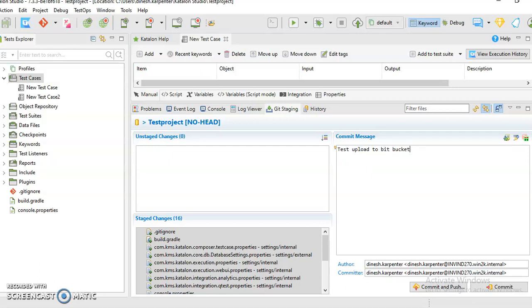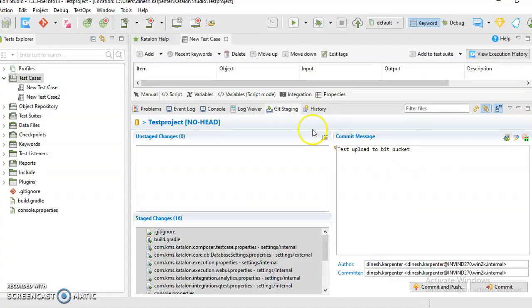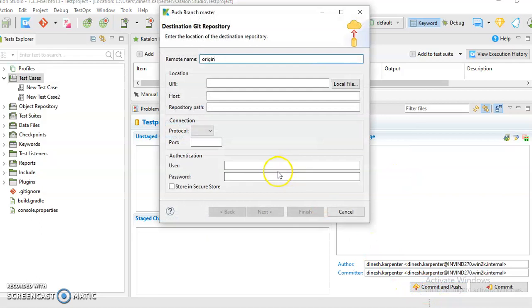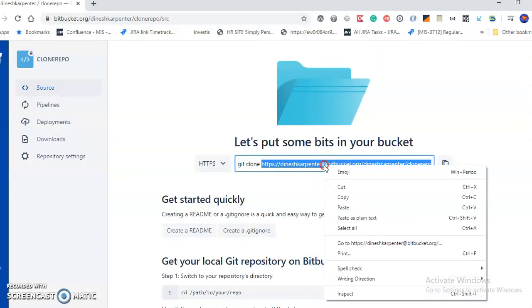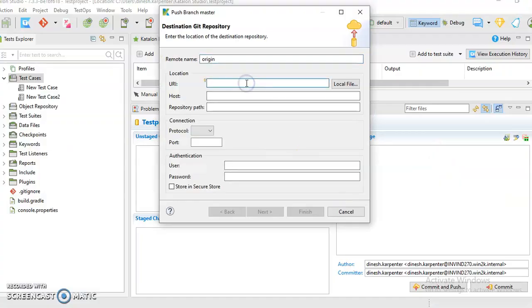Right now you have seen that there is no project here, right? In source, you go there, it will show just this path. Now what I am doing is commit and push. So it will ask me the path of the repository which we have copied initially. So just go here, copy again, and put the path here.